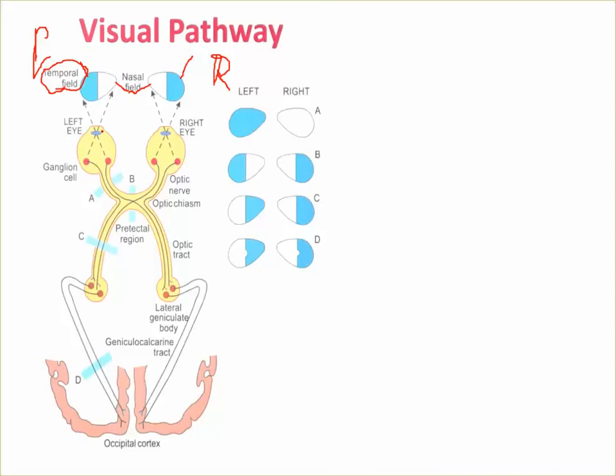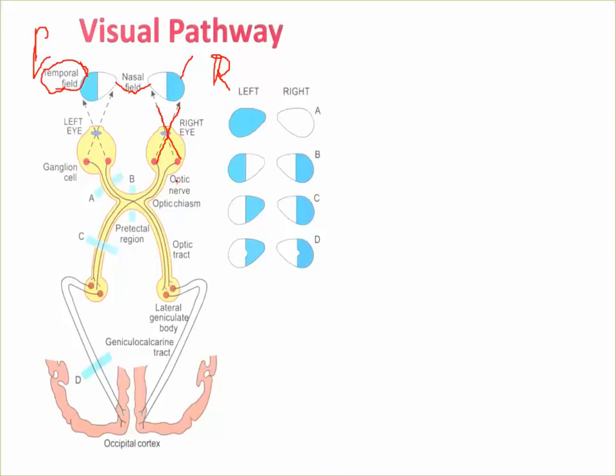Now there are two types of fibers. We have nasal fibers and we have temporal fibers. The nasal fibers will carry the temporal field of vision, whereas the temporal fibers will carry the nasal field of vision. As you can see here, like you can see this X over here, that means that it's carrying the opposite field of vision. So I'll repeat again. The nasal fibers will carry the temporal field of vision, and the temporal fibers will carry the nasal